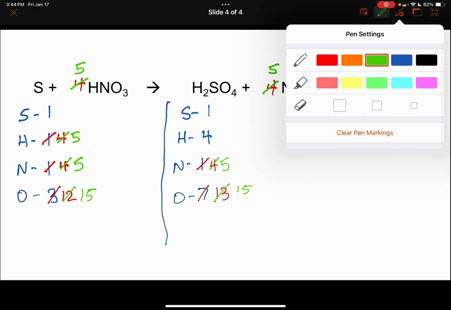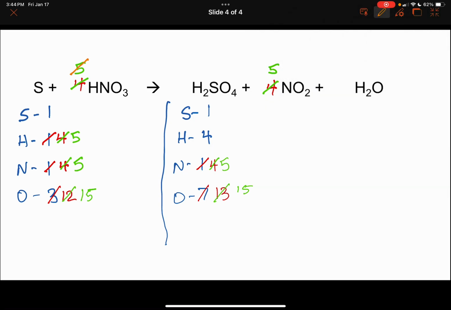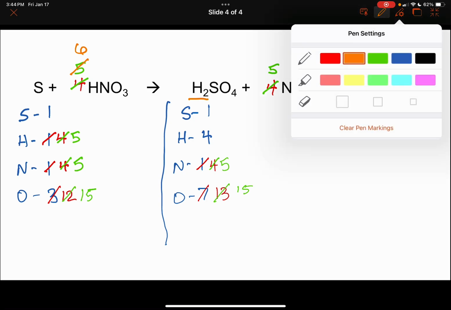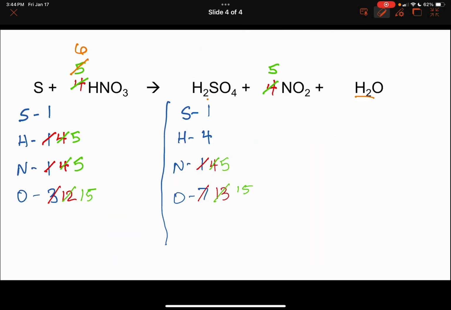So what I have to do is I am going to have to change this to a 6. Okay, because I know that I can't get an odd number of hydrogens because I have 2 and 2, so it's always going to equal an even number no matter what I do. Okay, so if I change that to 6, that's a 6, that's a 6, that turns into 18. Okay, so now I go back and I do the same thing. We'll start with our nitrogen, that to 6. That changes our